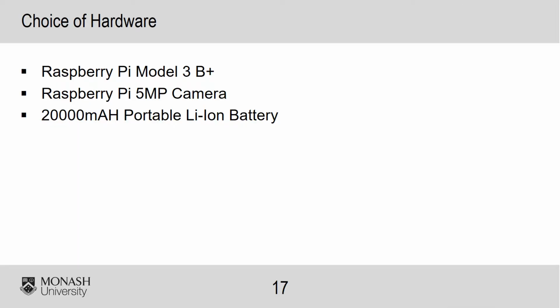Next came the hardware. The Raspberry Pi Model 3B Plus was chosen as the computer in this project as it is cheap, small and powerful. It is fully compatible with the Raspberry Pi 5-megapixel camera, which reduces computational time, and can power the electrical circuit via its GPIO pins. Additionally, a Python environment comes pre-installed on the Raspberry Pi. This allows for coding directly onto the device.